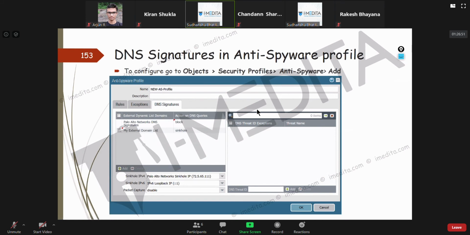Basically, when somebody is trying to access a malicious website, what you do is you give them an IP, which can be your loopback IP, or by default, it's the Palo Alto sinkhole IP address that is given to that person for their DNS query. So suppose they do a DNS query for some malicious website, they'll be given this IP address in response to that DNS query. The benefit is that when they try to access this, their traffic will be blocked,